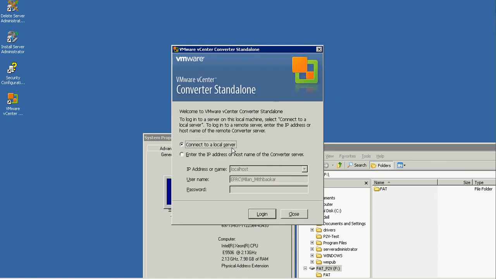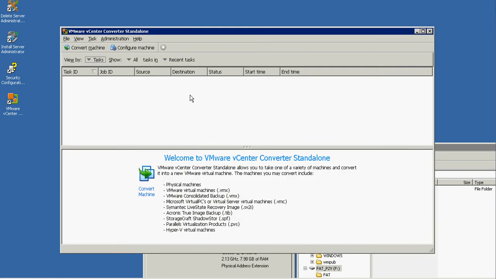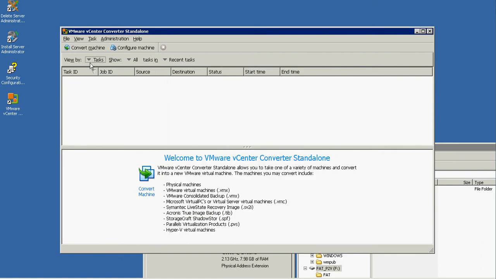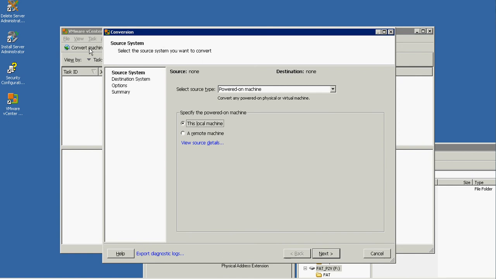So connect to a local server. This is the same physical server which we want to migrate. So you can select that option and you can see that it is converter standalone client 5.0. So you see an option for convert machine, and you can click on that option, which brings up another screen, and you can see here it